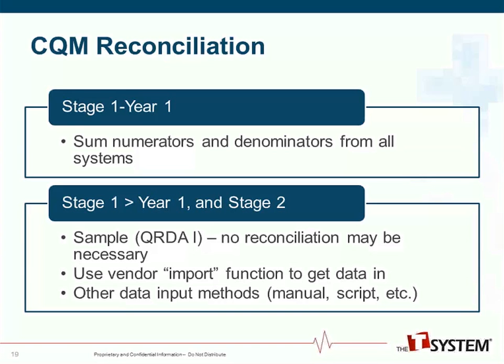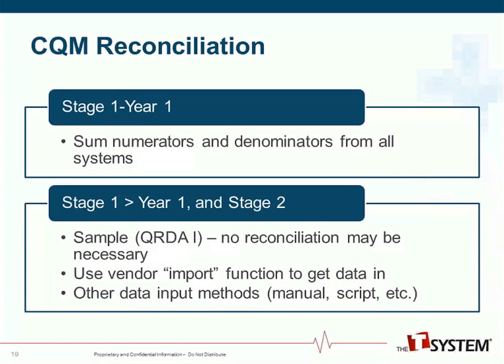But that being said, I would suggest to the group to remember that if you choose to use the sampling method where you send a subset of patients from all payers in for evaluation, you may completely eliminate the need for reconciliation. Furthermore, and it's not on this slide, you have to choose 16 measures from 29. Those 16 measures can be chosen in such a way to really help eliminate or reduce the need for reconciliation. When I say that,